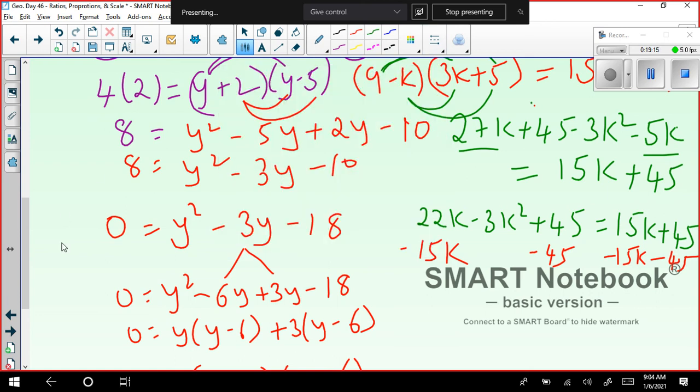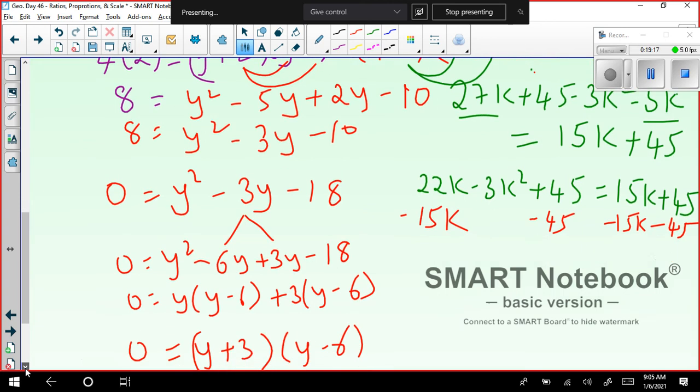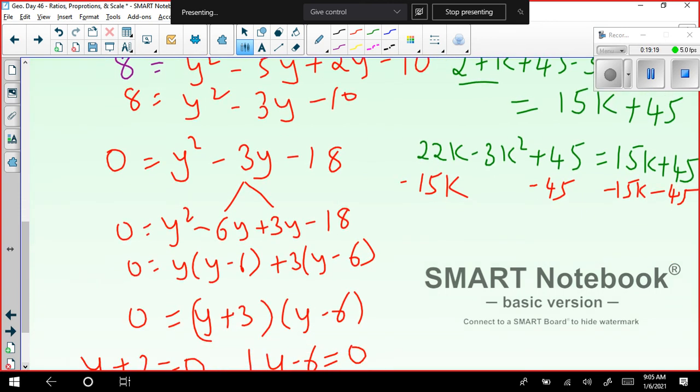So that gives us, these two terms will get crossed out, these two terms will get crossed out. So I'll have 0 on the right side. And here 45 minus 45 will get crossed out. 22 minus 15 is nothing but 7. So I'll have 7k minus 3k square